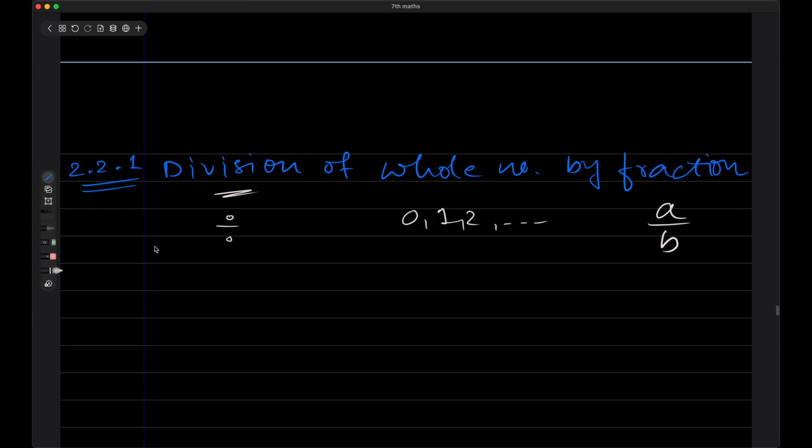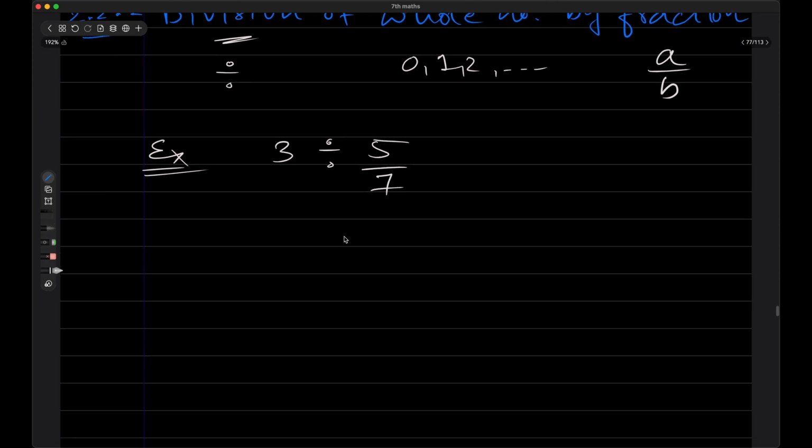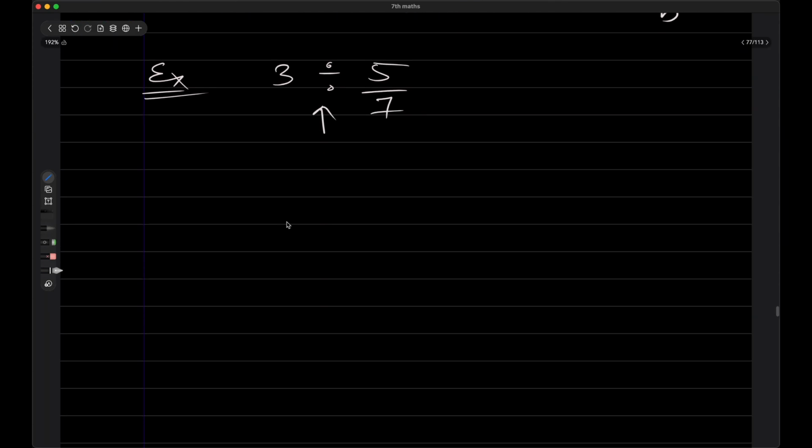Now let us take the example, division of whole number. Let's take whole number as 3. Division by fraction, let us take 5 divided by 7. Starting from the division sign, write left side above the division line, that is 3, and right side below the division line, that is 5 divided by 7. Now that is equals to,